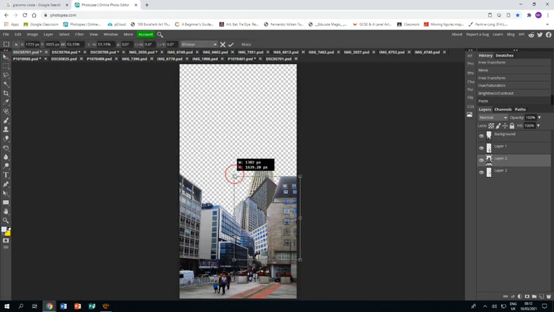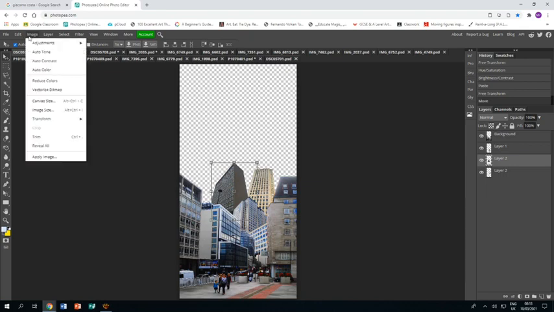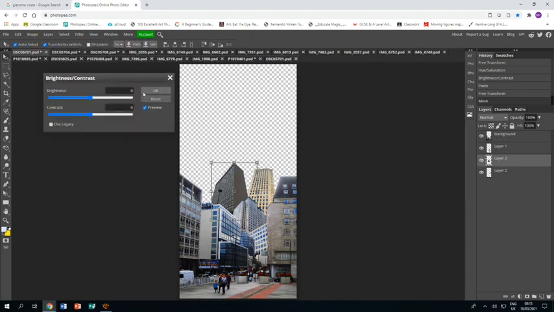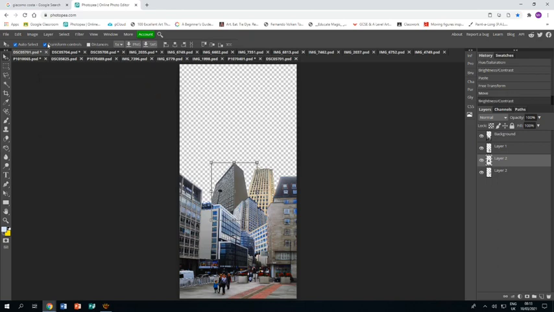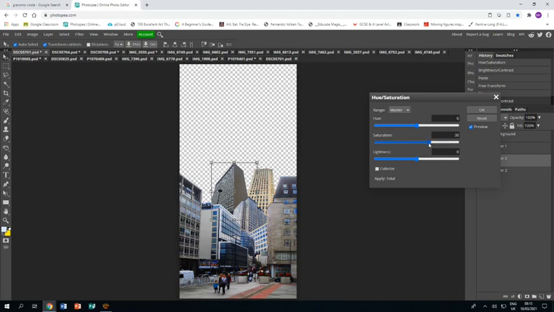And same as with the other buildings, arrow tool to resize, holding shift, and placing it where I want it to be. Okay, I'm going to do the same again, image adjustments, brightness and contrast, up the brightness a little bit and the contrast a bit more, and image adjustments, hue saturation, and bring the saturation up. Okay, a bit too much there, bring it down a bit. Okay,